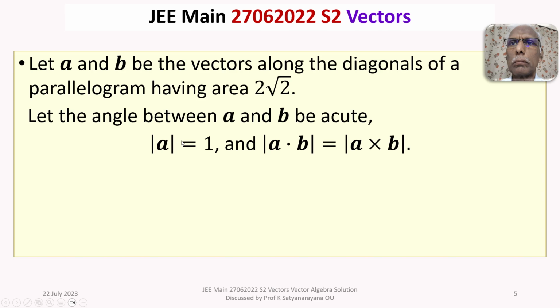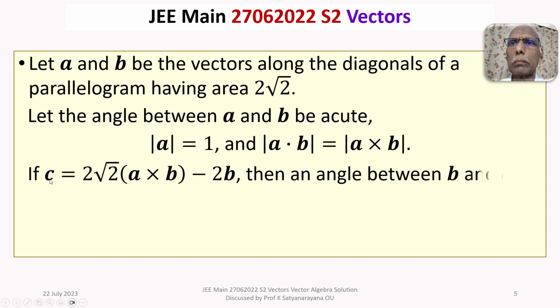Mod A, the length of the vector A, is equal to 1, and mod of A dot B is equal to mod of A cross B. If C is a vector given by 2 root 2 multiplied by A cross B minus 2B, then the angle between B and C is,